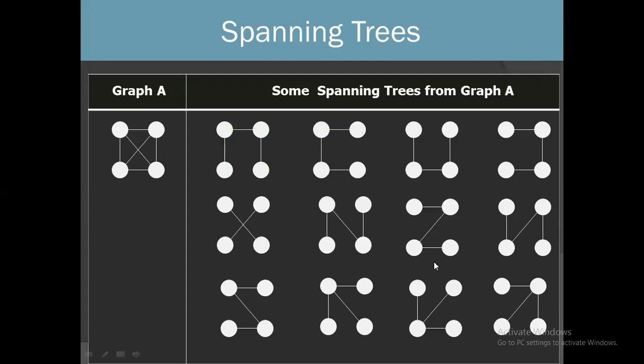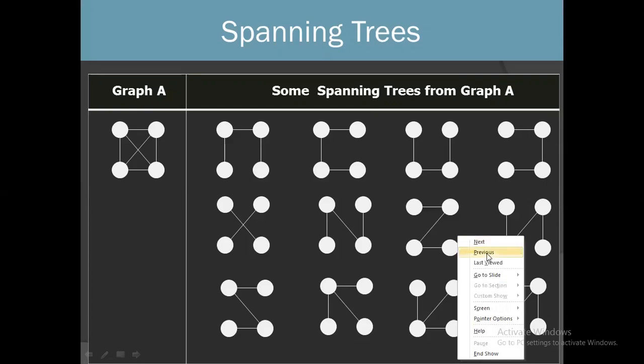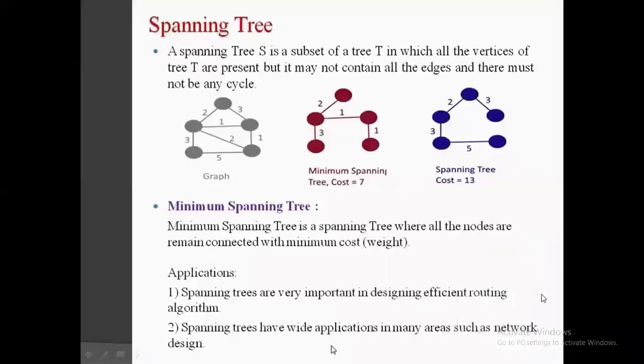Let's take another example. So spanning tree, this is the example. Mainly in any spanning tree, we have n vertices and n-1 edges. A spanning tree is a subtree of any tree or graph in which all the nodes are connected without any circles or loops. So one graph may have many spanning trees. Let us take one example. Here you can see one example graph.